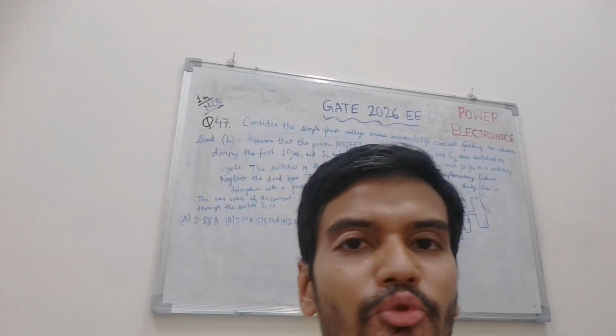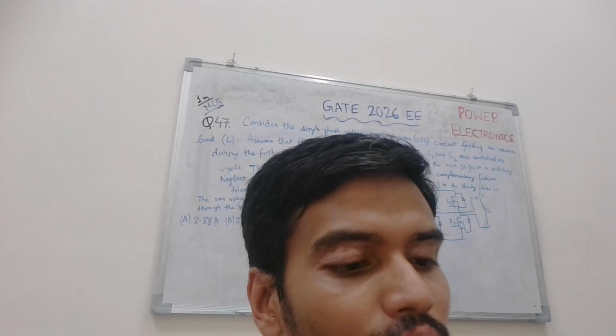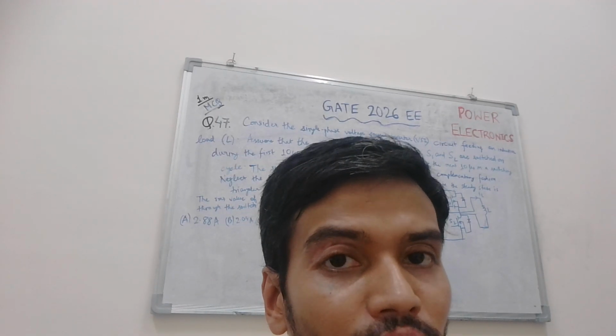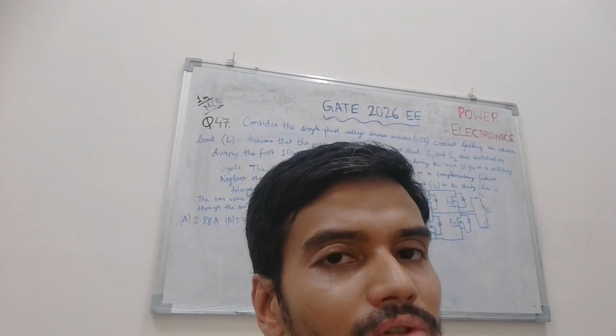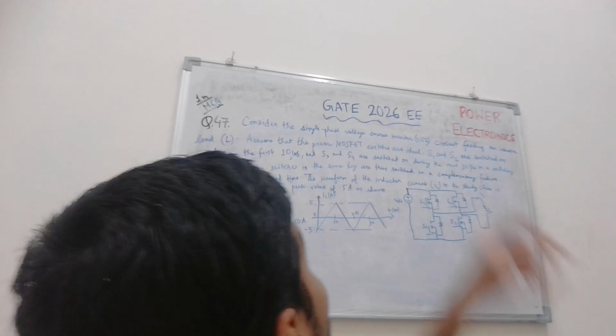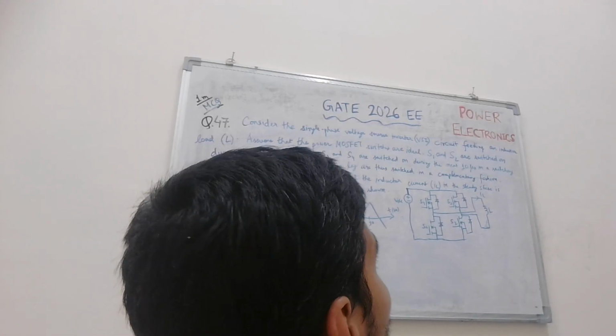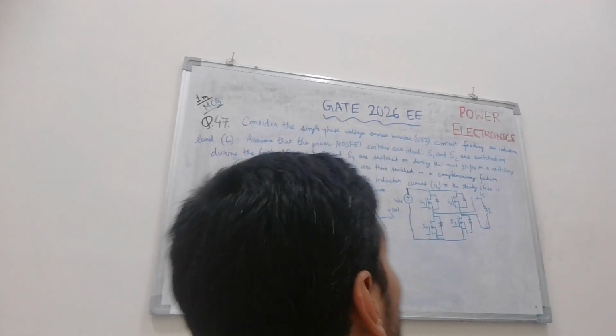So hello viewers, moving on to the next question in the series of GATE 2026 Electrical Installation from subject Power Electronics. And in this video we will be doing the detailed solution of question number 47, which is a 1 mark MCQ type from voltage source inverter